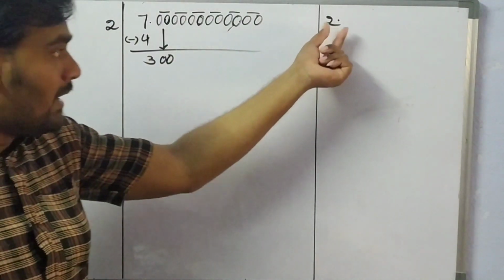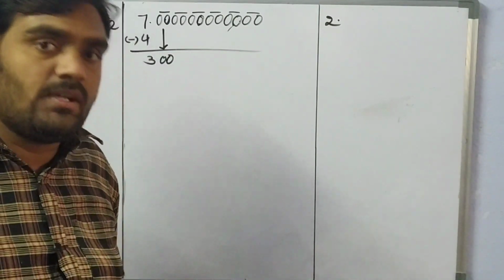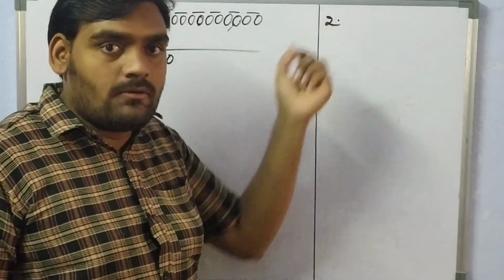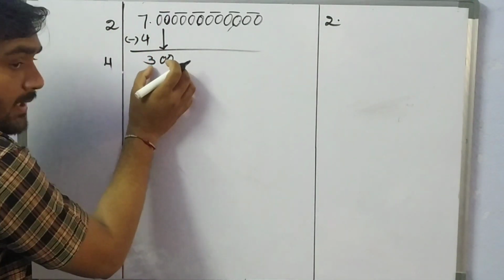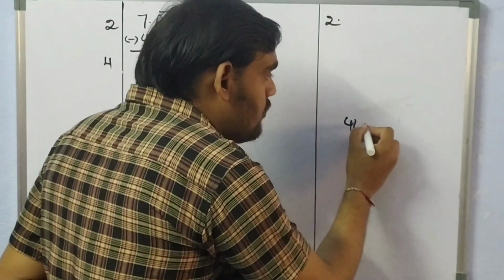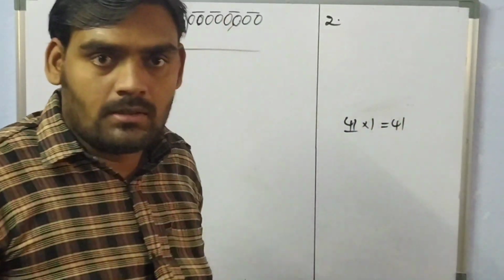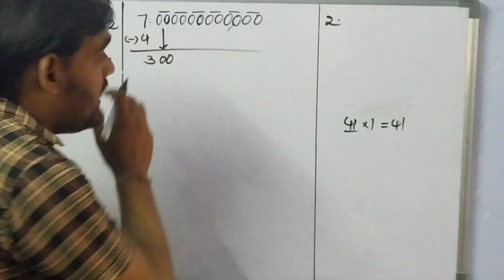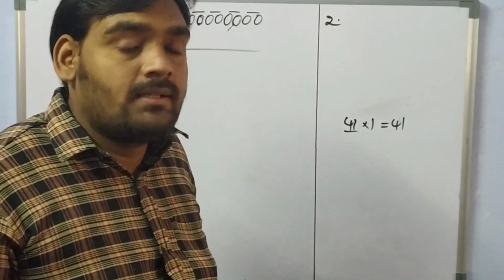After that, double the quotient. How we did square roots by using the division method, like that also here we need to find. So if you double the quotient, what will you get? You will get 4. So 4 is the divisor for the dividend 300. At that time, whatever digit we write beside 4, we need to multiply the entire number with that one. Suppose if I write 1, I need to multiply the entire number with 1 only. At that time, that number will be 41. 41 is very far away from 300. So we need to take the nearest value to 300 and it should not be greater than 300.